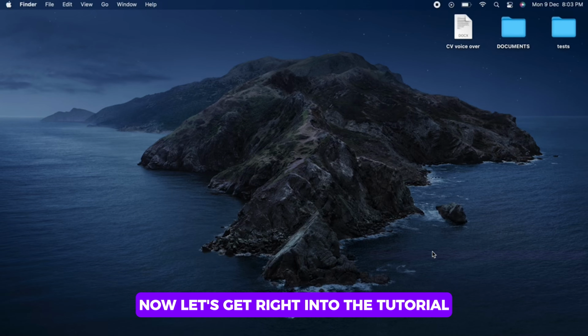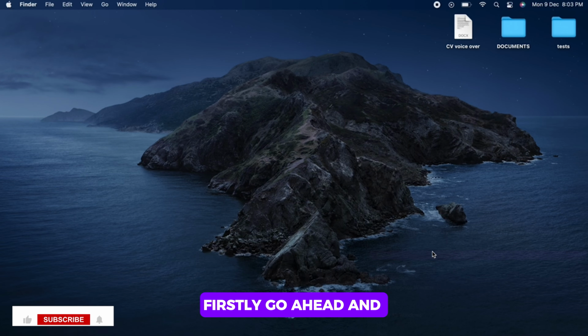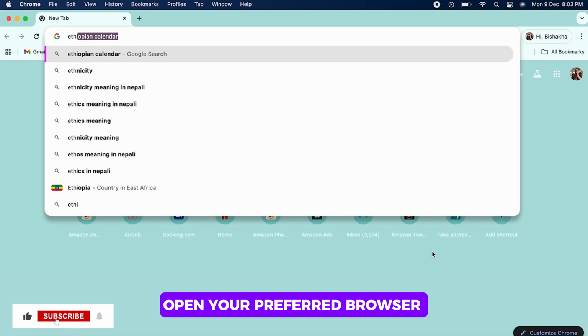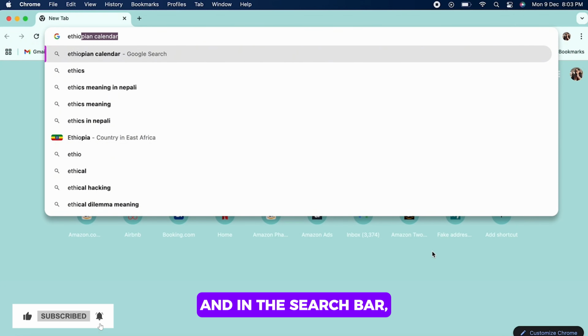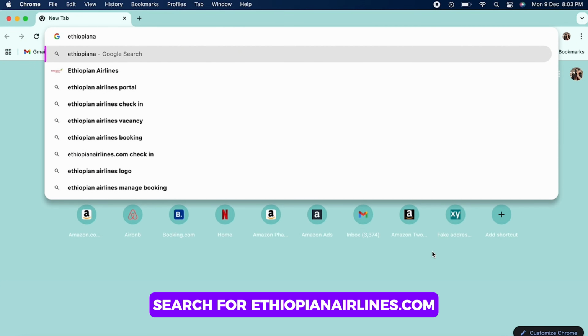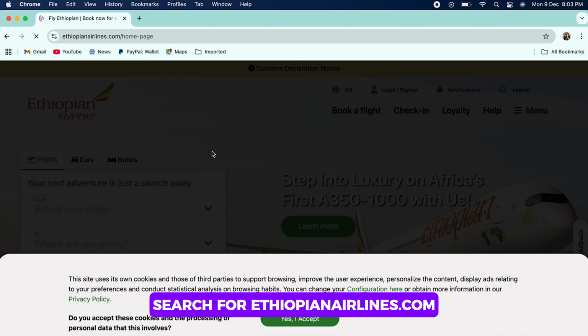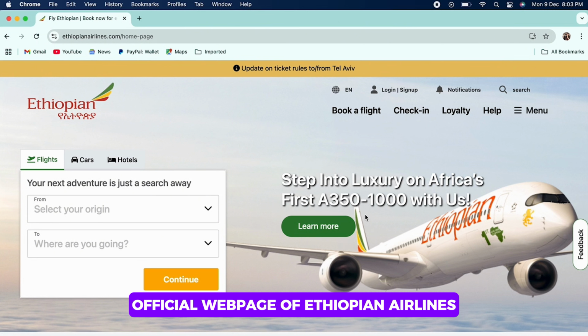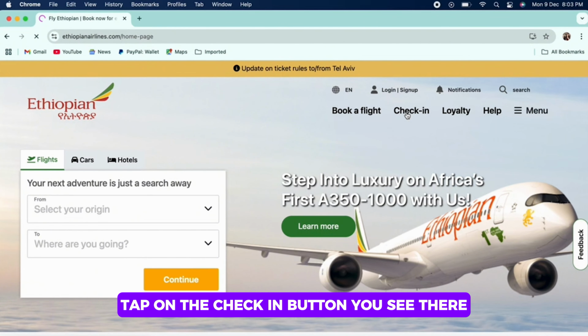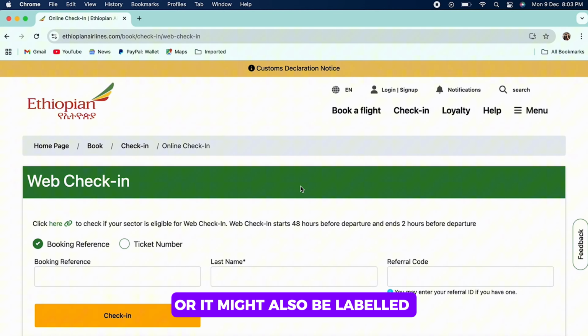Now let's get right into the tutorial. Firstly, go ahead and open your preferred browser and in the search bar, search for ethiopianairlines.com. You will then be led to the official webpage of Ethiopian Airlines. Tap on the check-in button you see there, or it might also be labeled as online check-in button on the